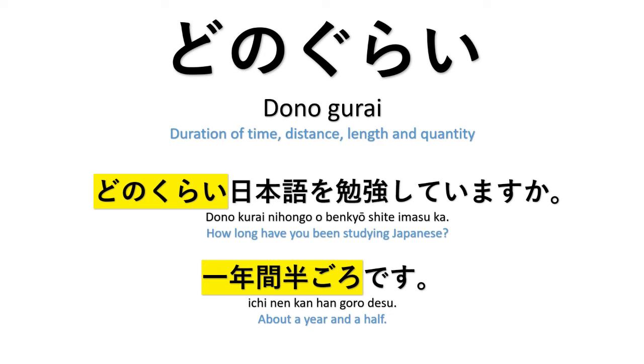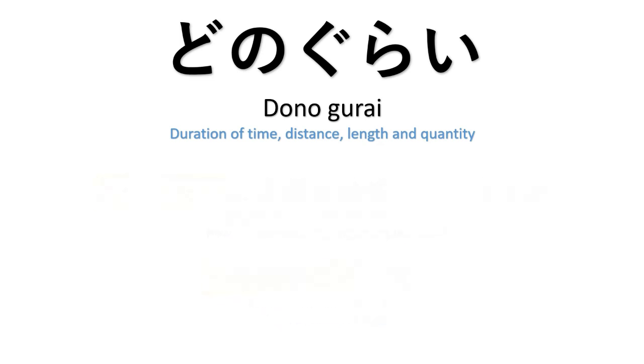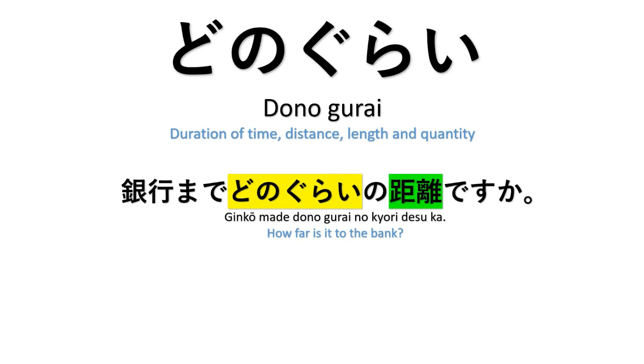Okay, so here we add goro and it means approximately. So it's approximately 1.5 years. 1年半頃です。